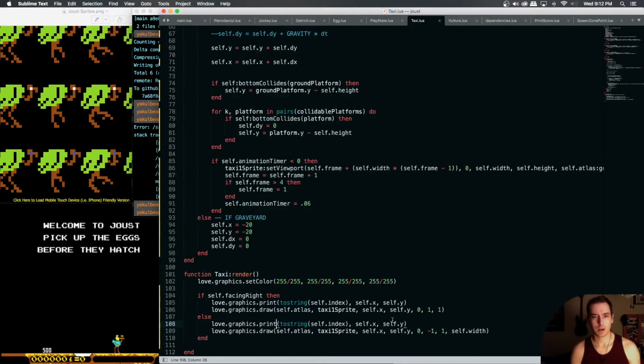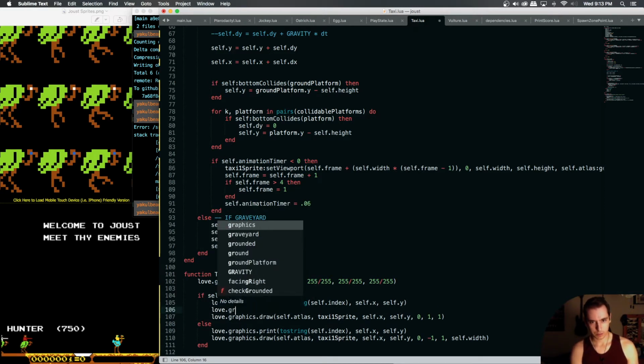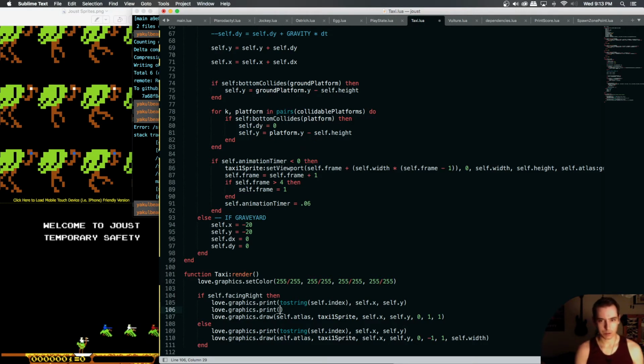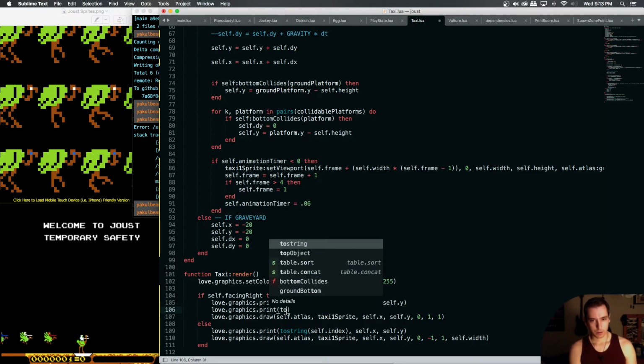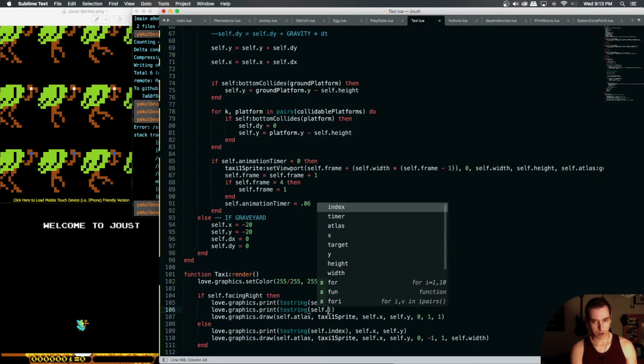So now that we've got taxi 1, I also want to print out our dx or dy, because I'm thinking that we're increasing our dy even when we're grounded, which shouldn't be the case. So toString our object's dy